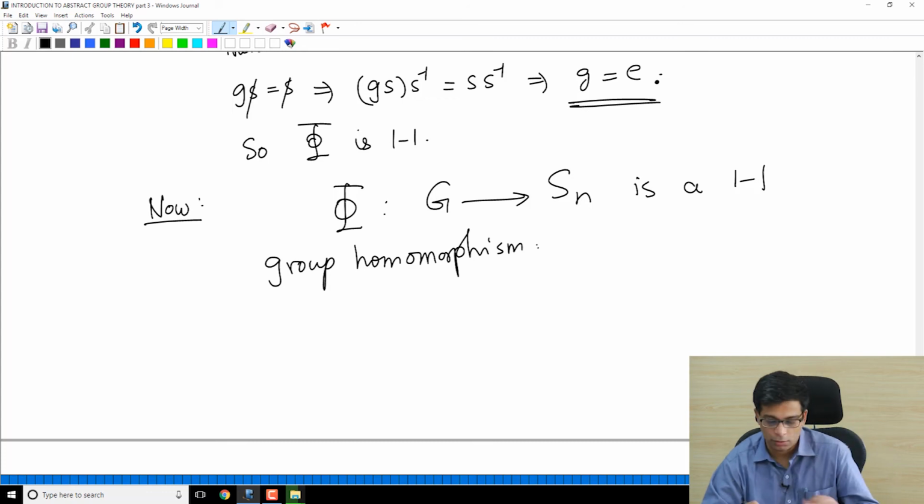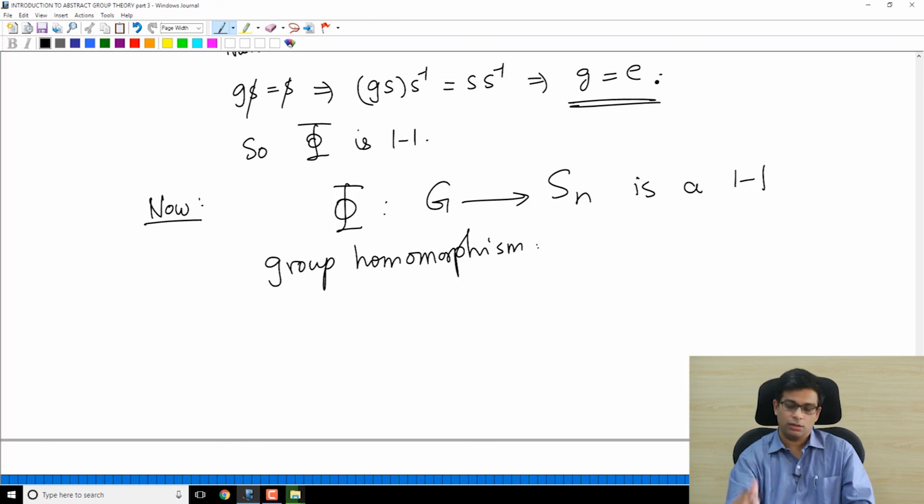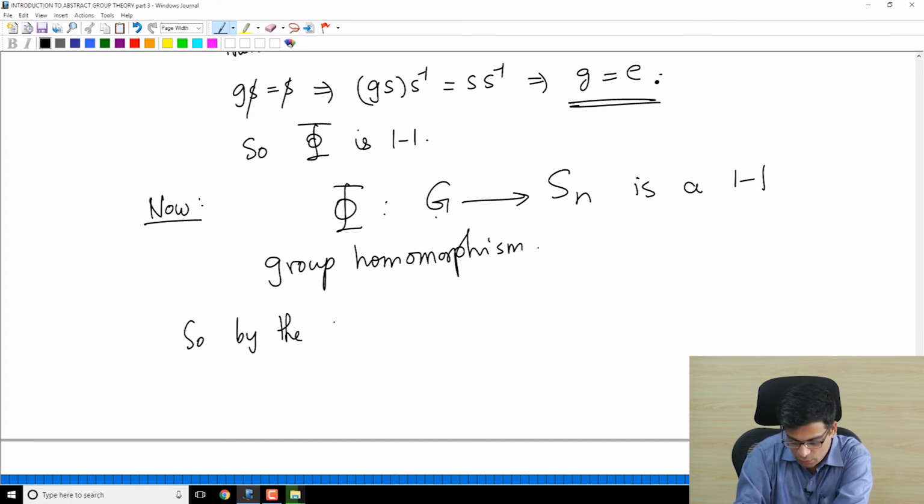It's a one-to-one group homomorphism. Now recall a point that I made after proving the first isomorphism theorem. If you have a one-to-one, or injective, group homomorphism, G can be identified with a subgroup of Sn. So by the first isomorphism theorem,